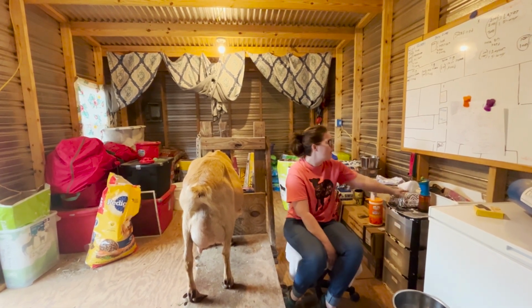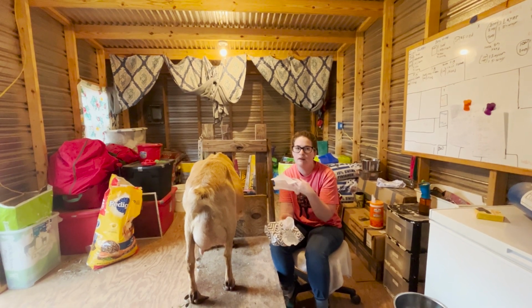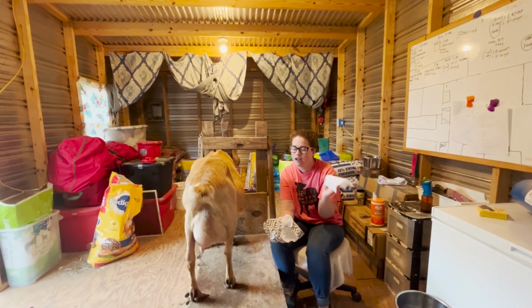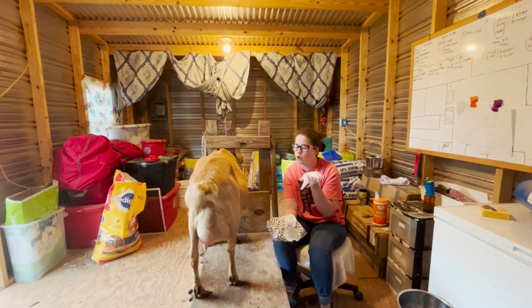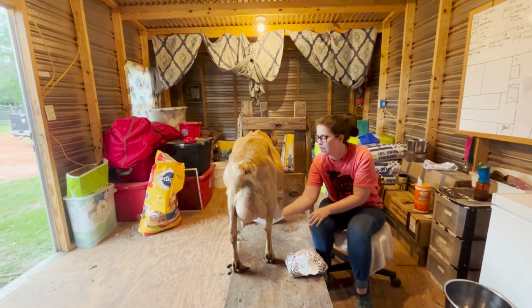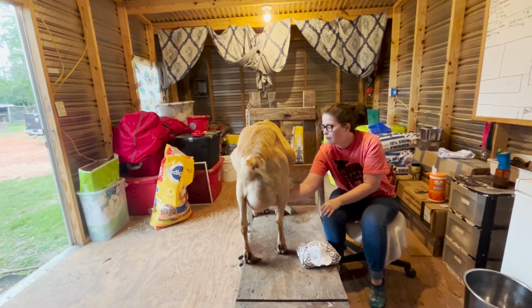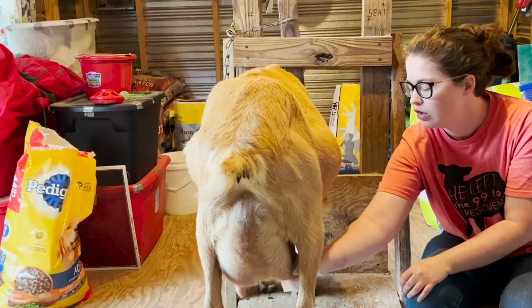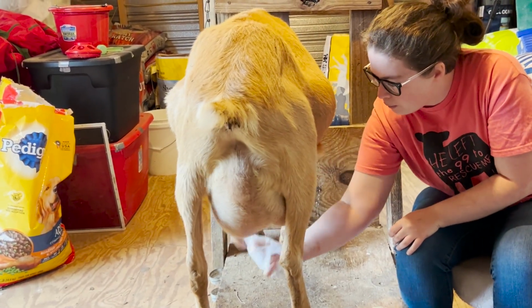I use baby wipes because I can take one baby wipe and put it in the trash can. I normally use 2 baby wipes for each goat. I use one at the beginning to wipe them. You want to get both teats. You want to wipe them very well because